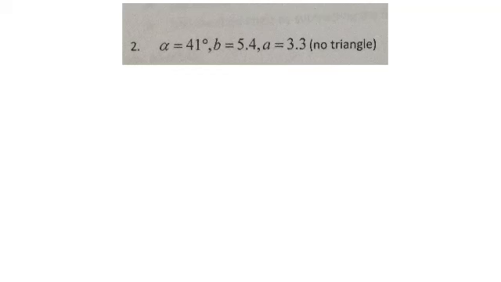Everything I said yesterday about the different cases is all true. That we could have a case where we get no triangle because the side's not long enough to reach. We could have a case where we have one triangle and it actually turns out to be a right triangle because the height has to be the same as the missing side. Or we could have a case where we get two triangles, where we could have a length that could swing